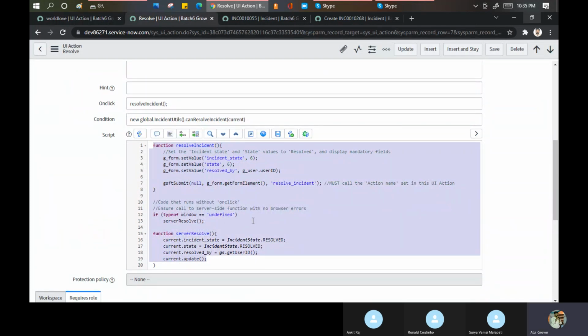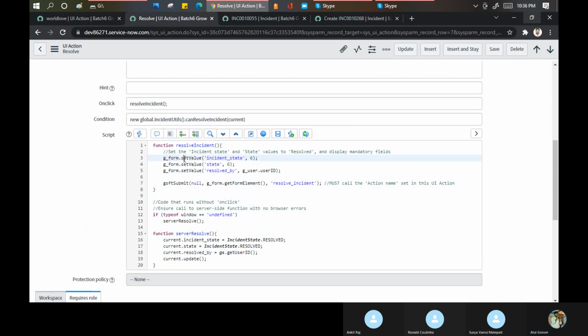If I open something on the change part, it is tough to understand. But I always recommend, even if nothing is understood, at least read this code. What is g.form? When we discuss it, you will get a little more clarity. These are functions: set value, get value, user ID. These are functions, and classes of these we will use later.